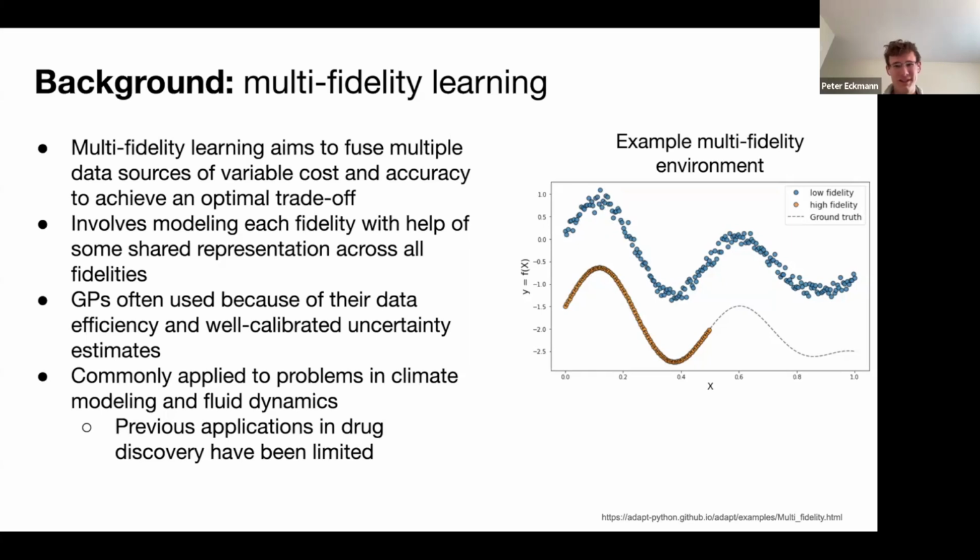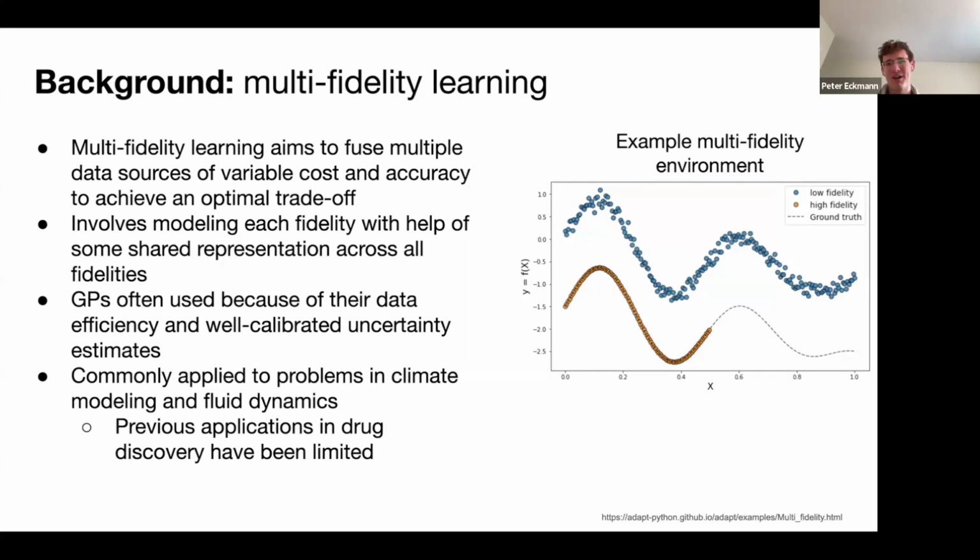So for multi-fidelity learning, GPs, Gaussian processes, are often used because of their data efficiency and their well-calibrated uncertainty estimates. Multi-fidelity learning is commonly applied to problems in climate modeling and fluid dynamics, but the previous applications in drug discovery have been somewhat limited. Like there's been some examples of,